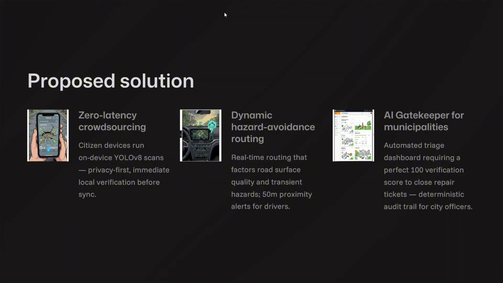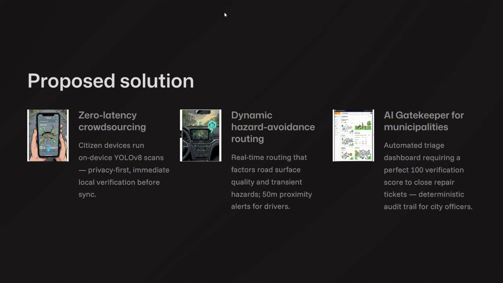No internet needed, and it detects the potholes, the cracks, manholes in real time. And immediately it calculates something we call the road health index. Basically a score from 0 to 100 that tells how bad that road is.